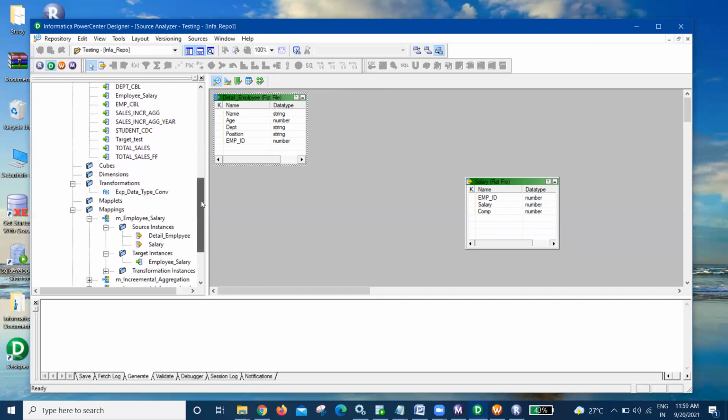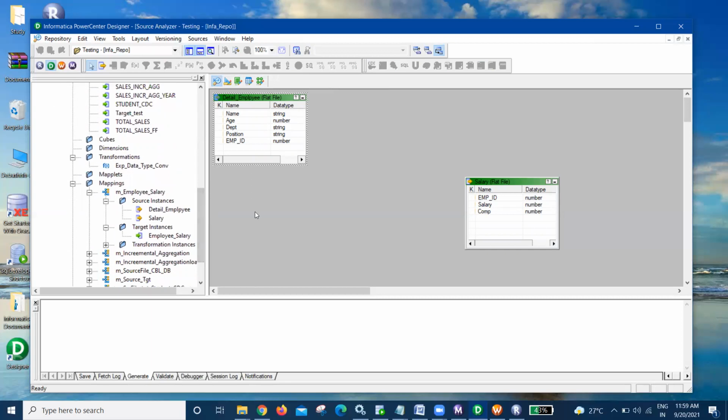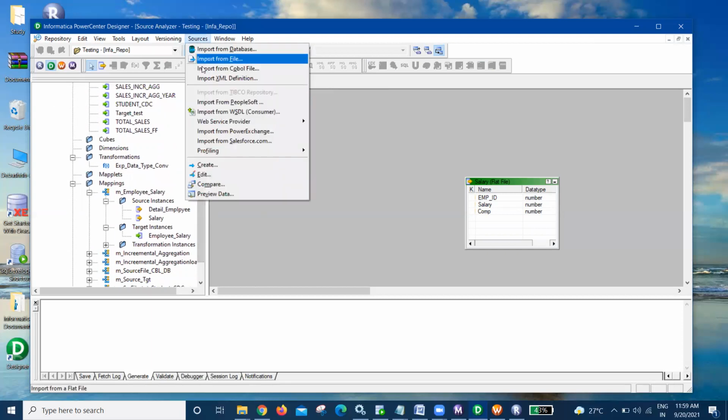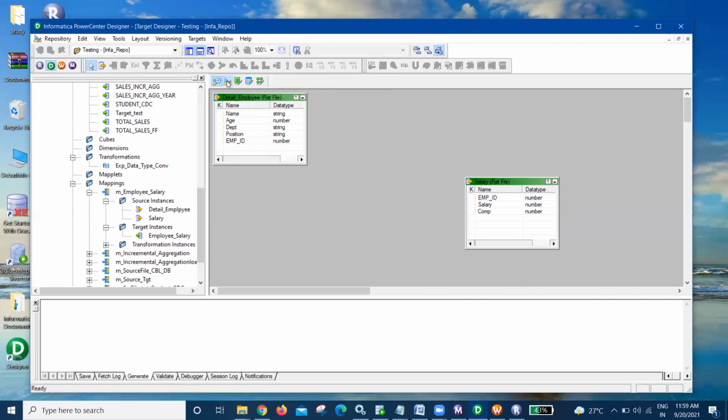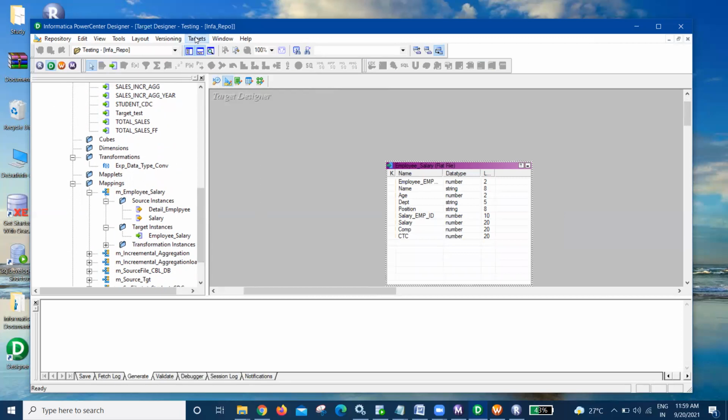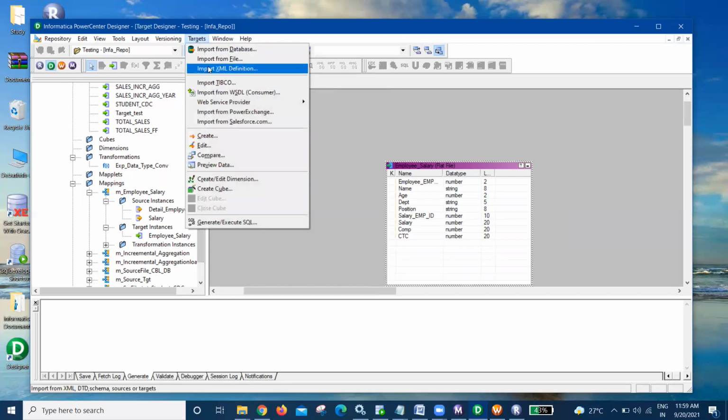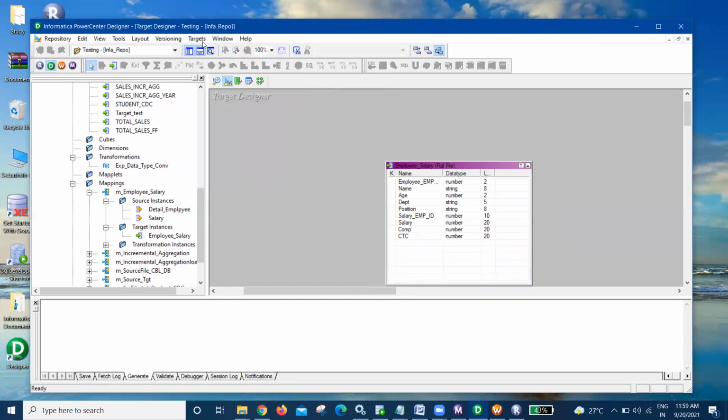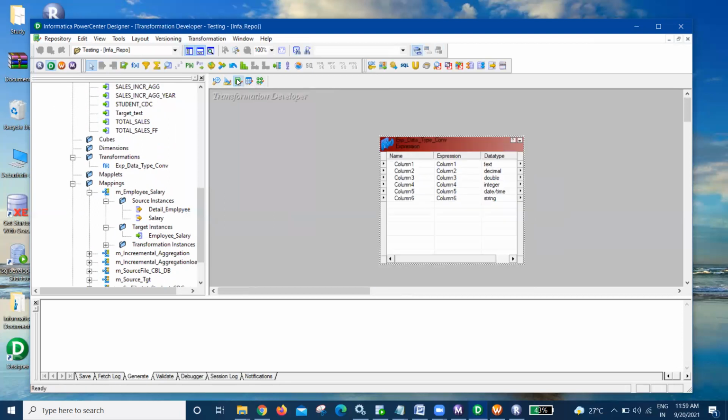That is the thing about this. And so how do you create source? Also, there are multiple options over here to create the sources. We'll go one more session for that. So I'm just showing you the options that are available regarding the target. Here also you'll see different options, import and all. Let's go to the map transformation.